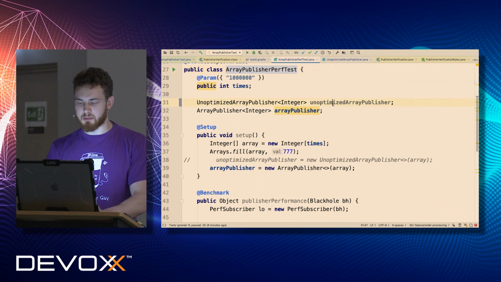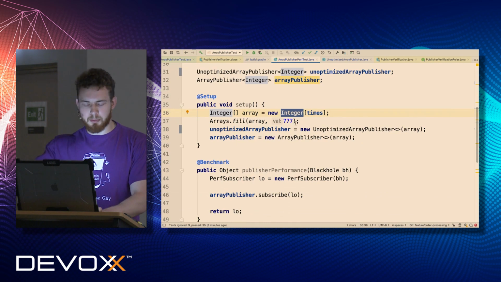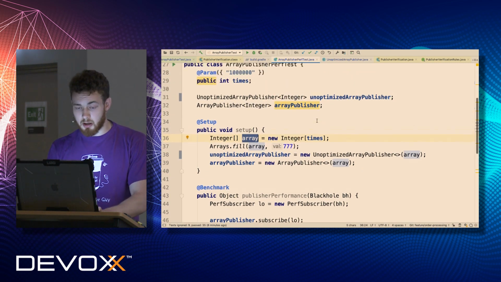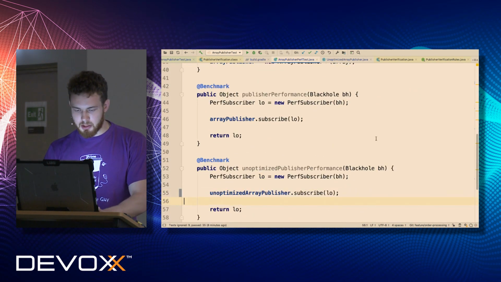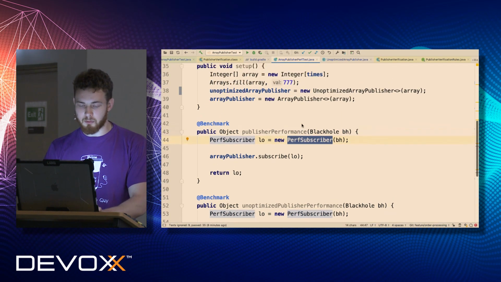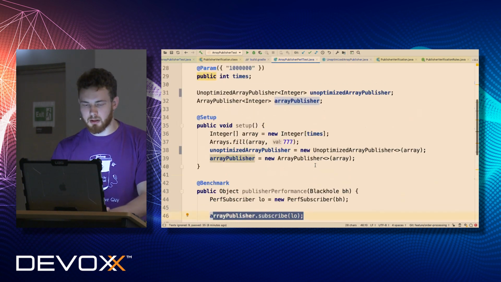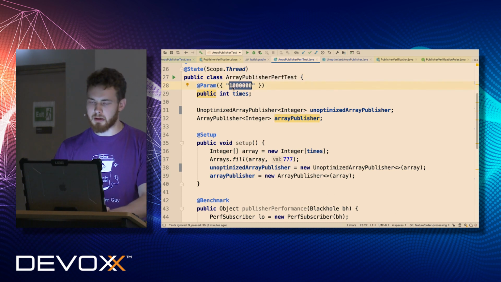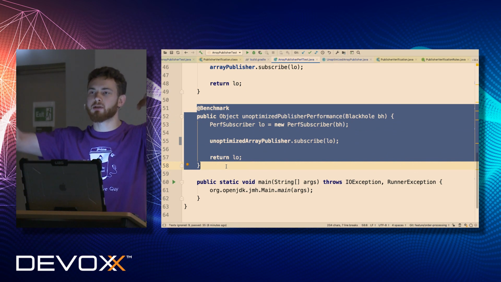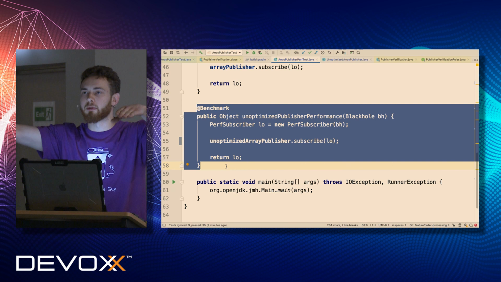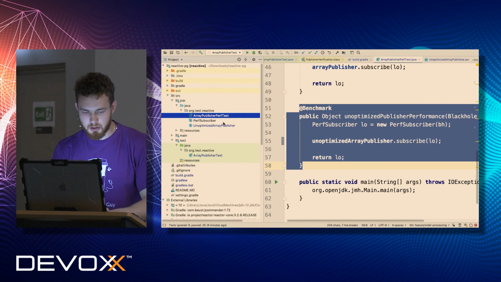What does my test do, basically? Here I create two publishers from an integer array. In order to produce less garbage, I make this array scoped to the thread. And then I'm running absolutely the same verification for both implementations. One for the optimized one, so I subscribe to my stream and expect that 1 million elements arrive within some period of time. And then I measure the same for the unoptimized one. In this way, we will compare the two solutions, and we will see how far we improved our performance compared to what we had before. Does it make sense? Great. So let's move forward.